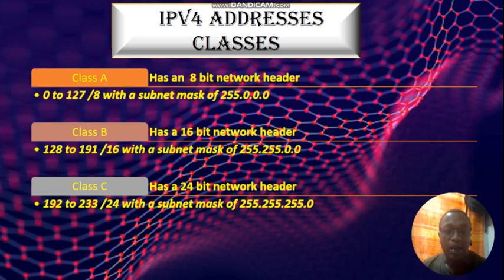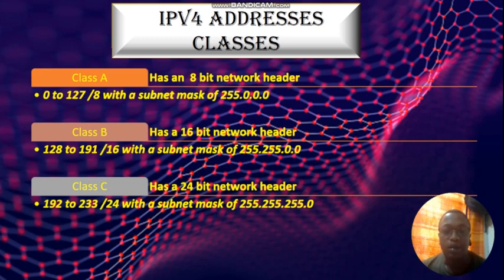And in class A, the first octet, we have 0 to 127, and the subnet mask is 255.0.0.0. So you can see that in this case, the network part occupies only the first octet. That is why we are saying the network header is 8 bits,